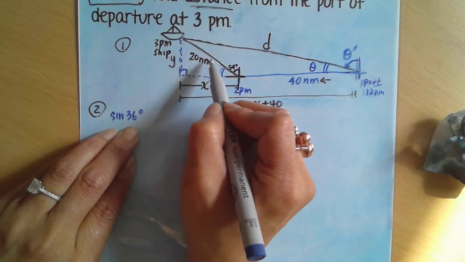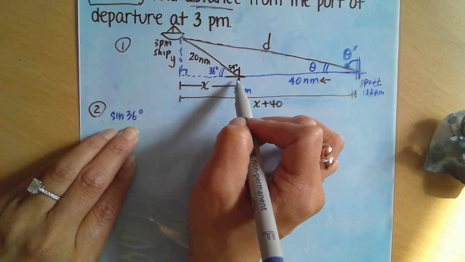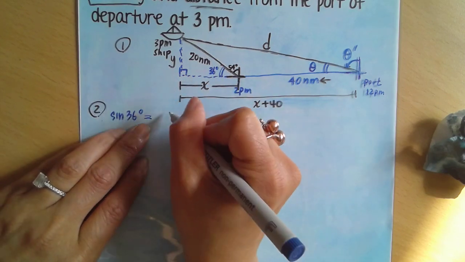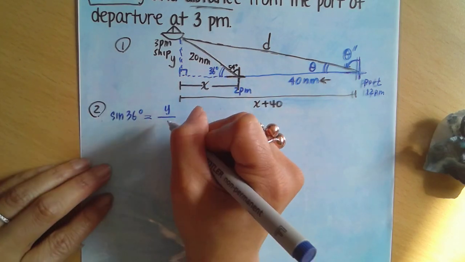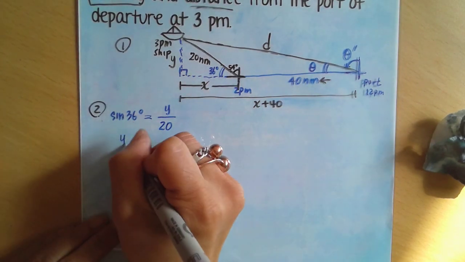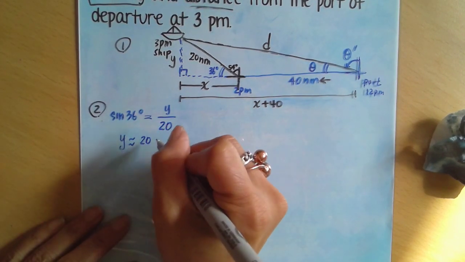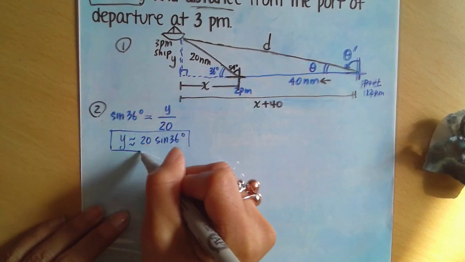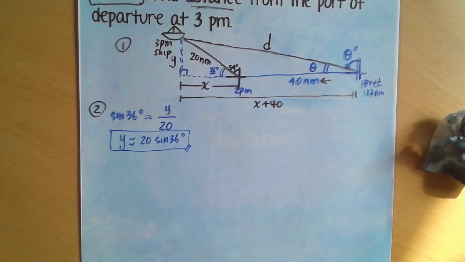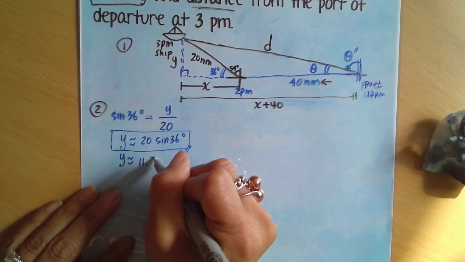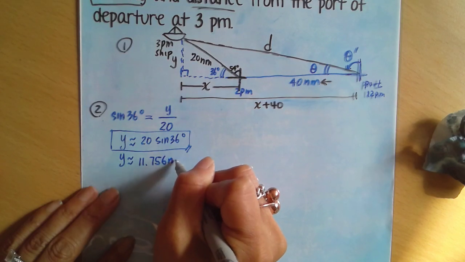Because I know my hypotenuse is 20 nautical miles, and I know I need to find my height, opposite. So it's going to be opposite over 20 nautical miles. Okay, that's one. So my y value is 20 sine 36 degrees. Now, I'm going to leave it like this for now. Even though I know I can calculate it in my calculator and this becomes 11.756 nautical miles,